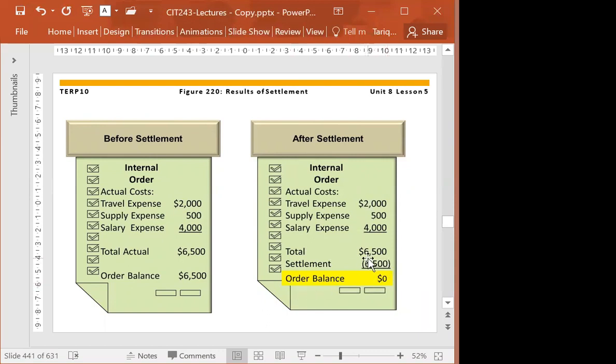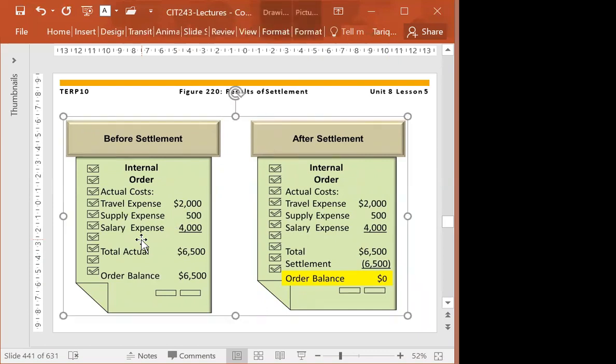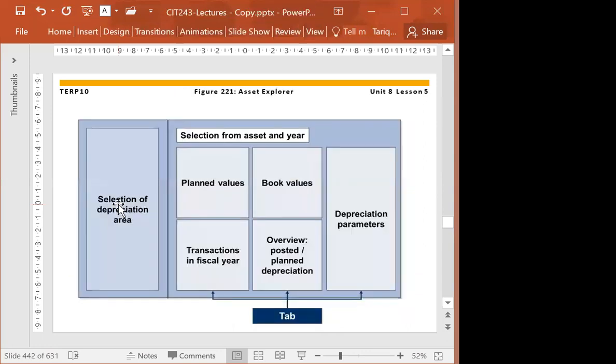So this is after settlement, and this is before settlement. So this was a topic for the internal order and its settlement.